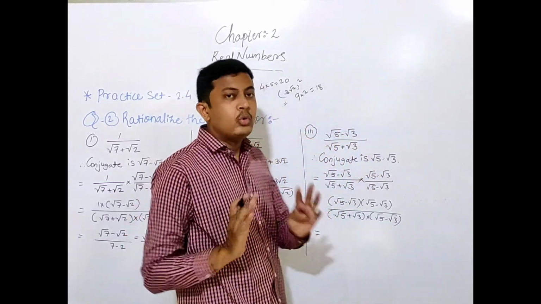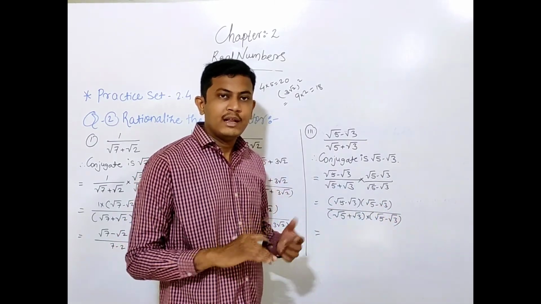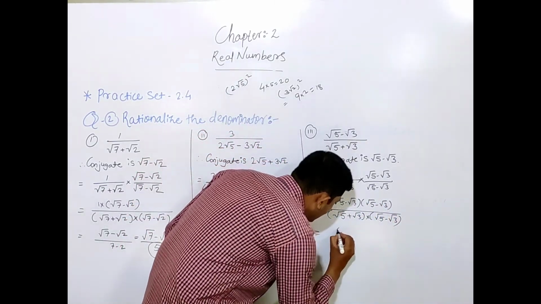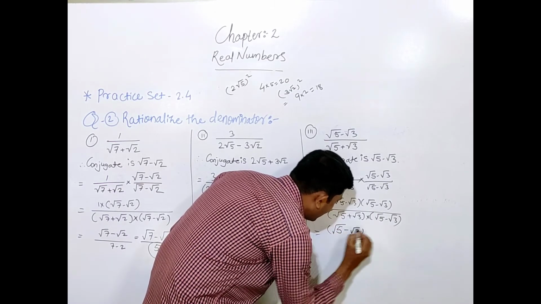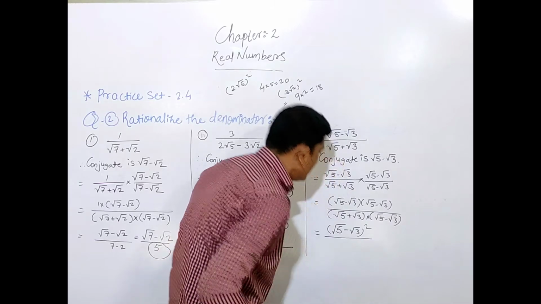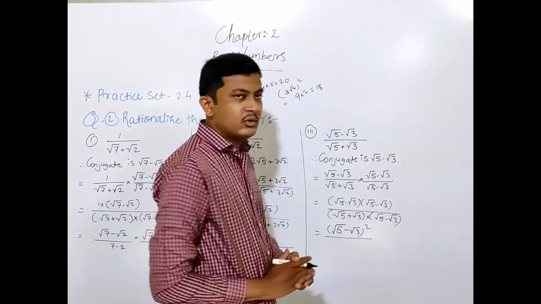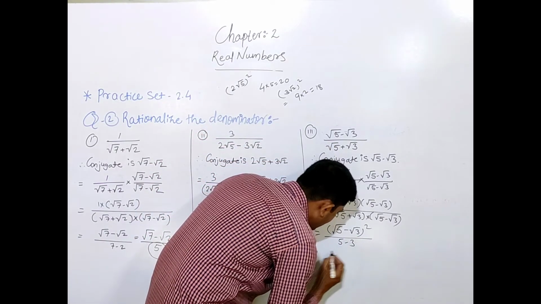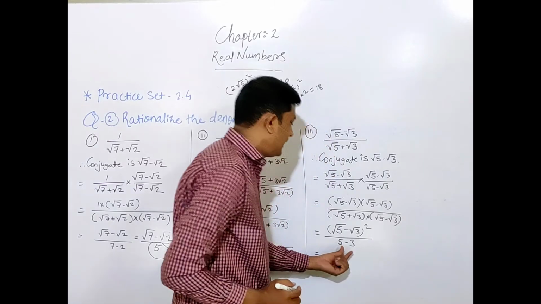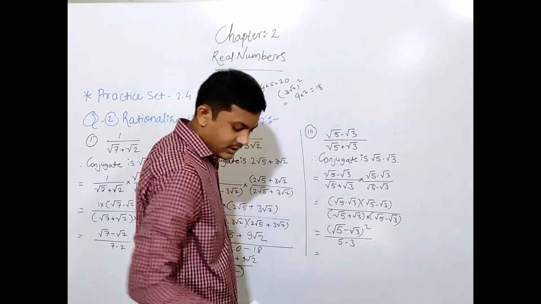Here now we have to see the two identities. That is a minus b into a minus b, that is a minus b bracket whole square, that is root of 5 minus root of 3 bracket whole square. And here a plus b into a minus b is a square minus b square, that is root of 5 square minus root of 3 square, that is simply 5 minus 3. What we get here? At the denominator we get 2. But if we simplify the numerator, what do we get?